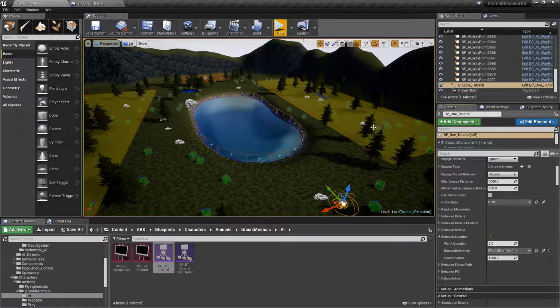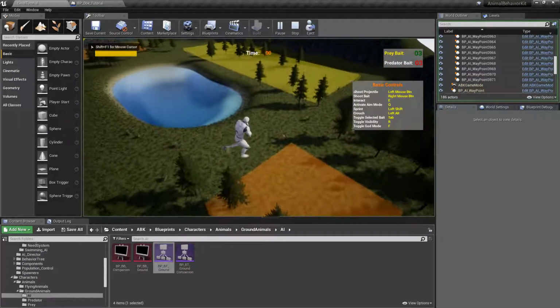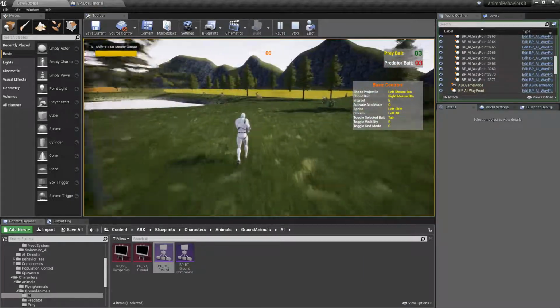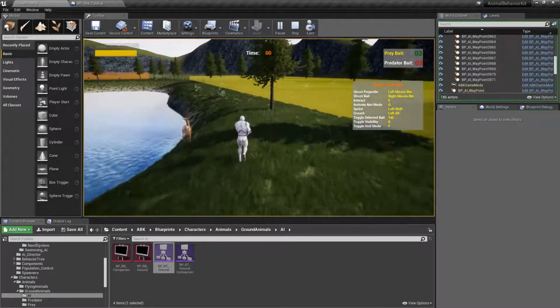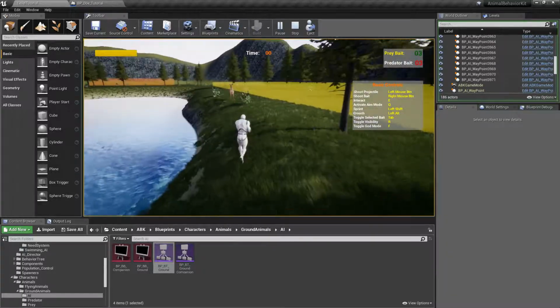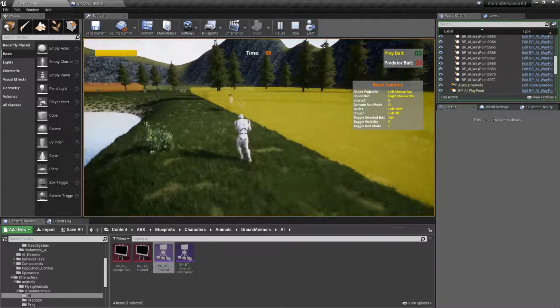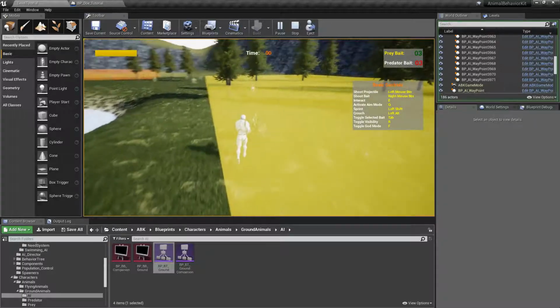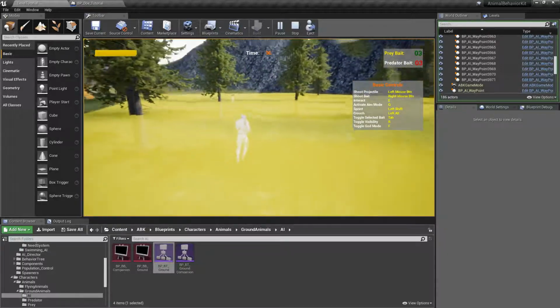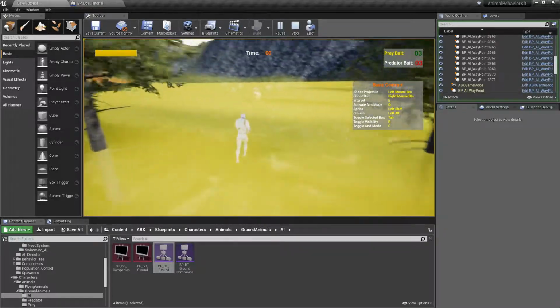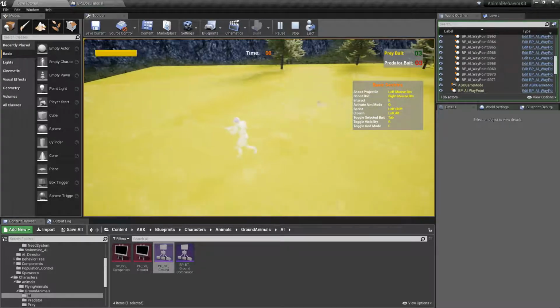Play around with the settings until you get what feels right. So let's go ahead and hit play. And notice that the AI is automatically going to somewhere within this volume here. It picked a random location within this volume. And because we decided to keep this volume visible, we can verify now that the AI is actually